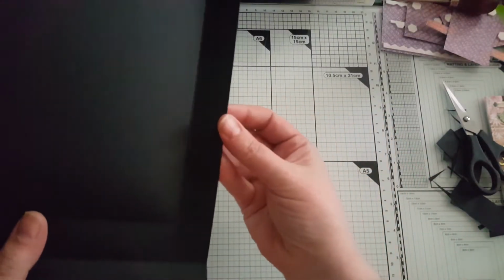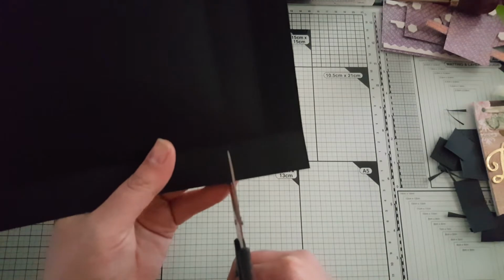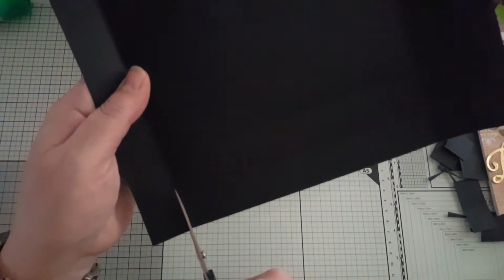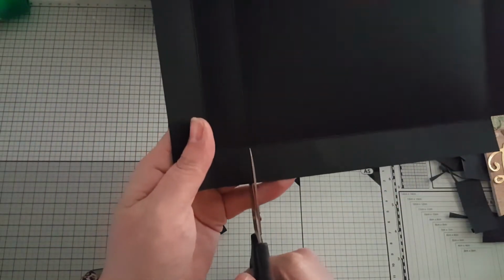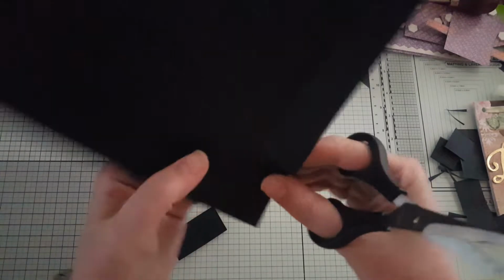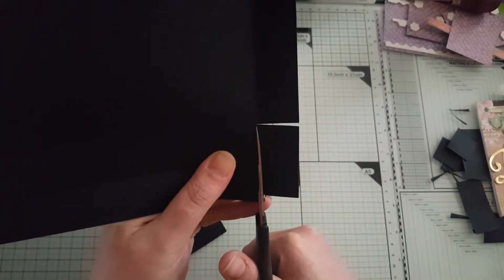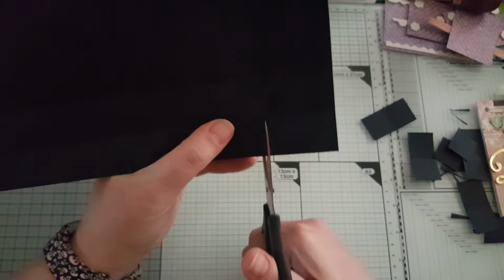Now on the lid, we'll start from the same point, so we'll start with just the 1 score line. Now instead of making tabs on these ones, we want to cut both of those squares completely away, because we don't need them whatsoever. And then again on this side, and then cut straight across. And then on the opposite side, we want to do exactly the same as what we did